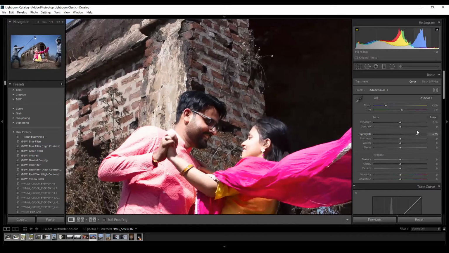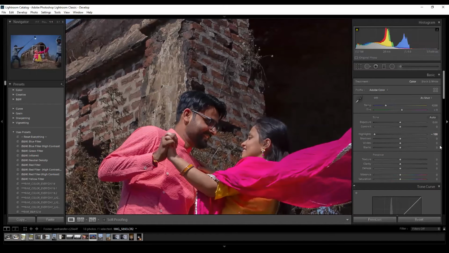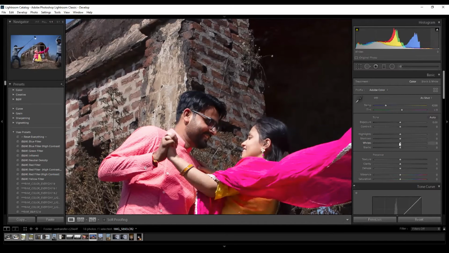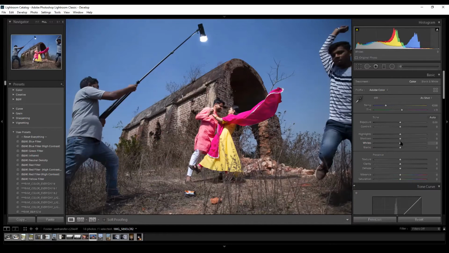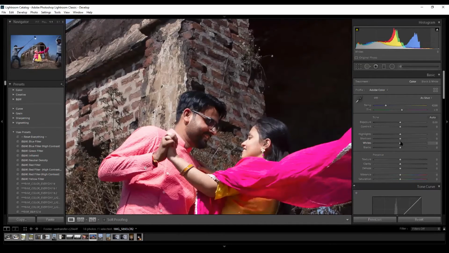And what does whites do? It will adjust the whites of the image in shadows, midtones and grays.